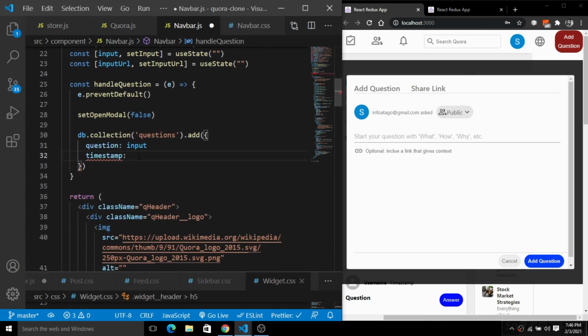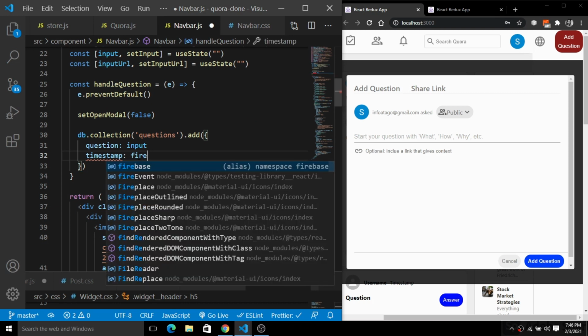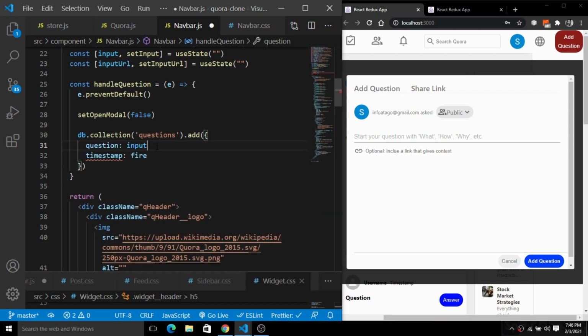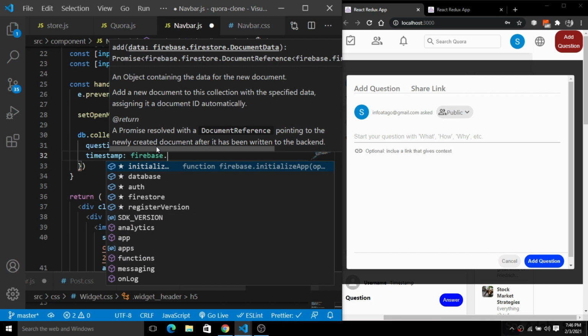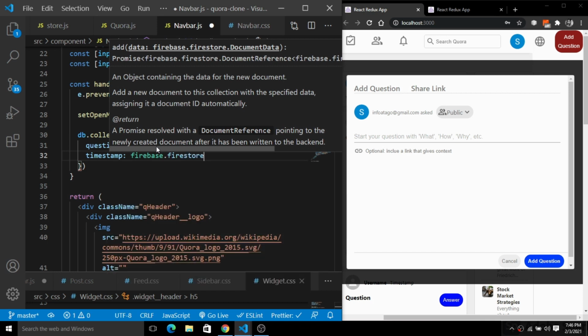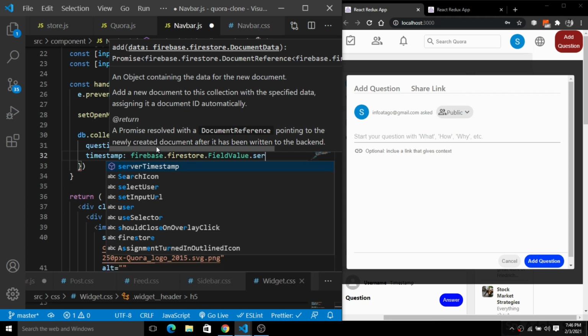So we have this timestamp. I think I need to put a comma here. Okay, so we have this firebase. Firebase dot firestore, and with the Firestore we have this FieldValue, and we will have serverTimestamp.